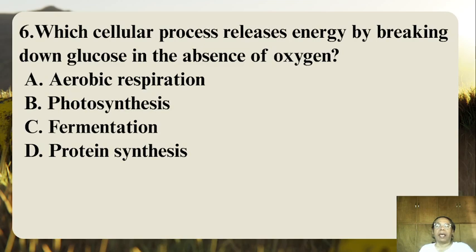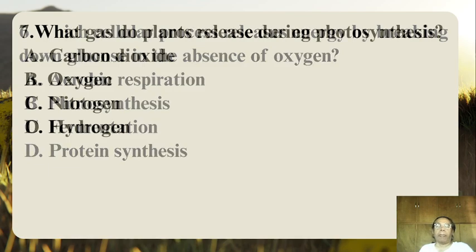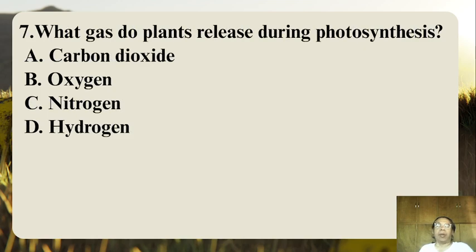Letter A, aerobic respiration. Letter B, photosynthesis. Letter C, fermentation. Letter D, protein synthesis. Number 7. What gas do plants release during photosynthesis? Letter A, carbon dioxide. Letter B, oxygen. Letter C, nitrogen. Letter D,